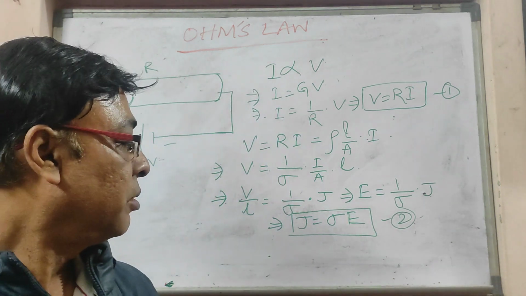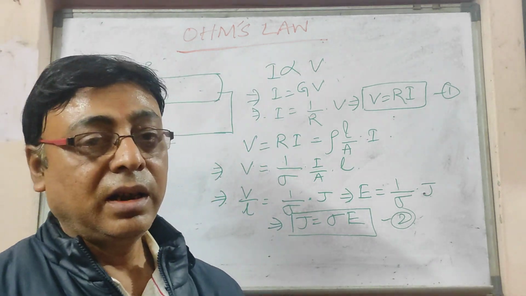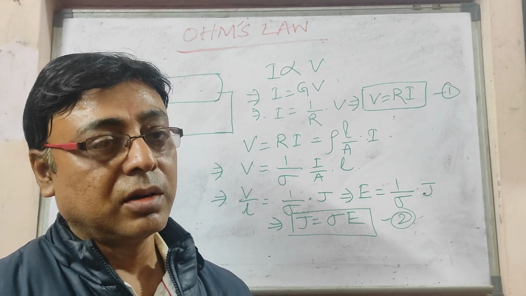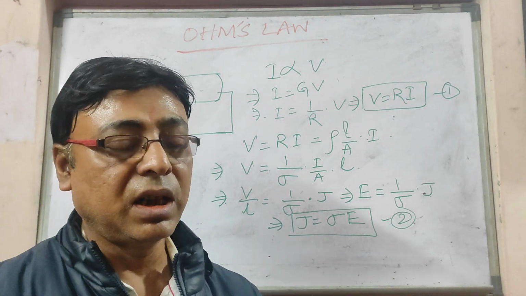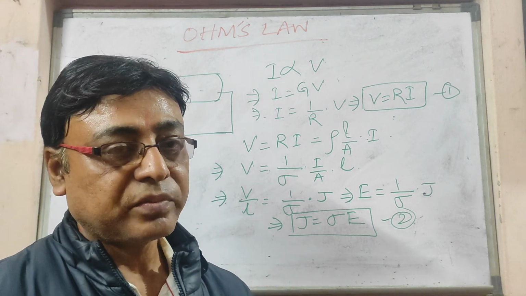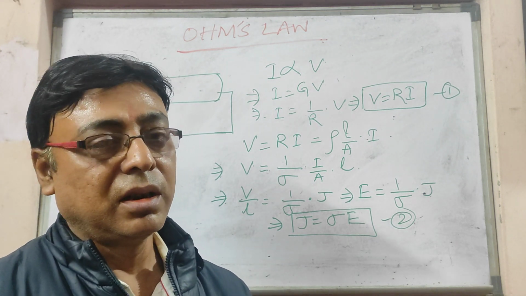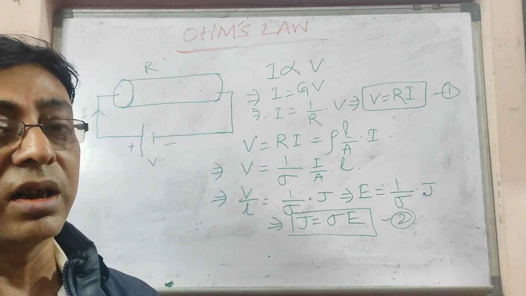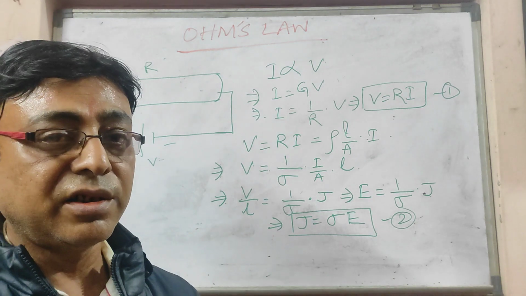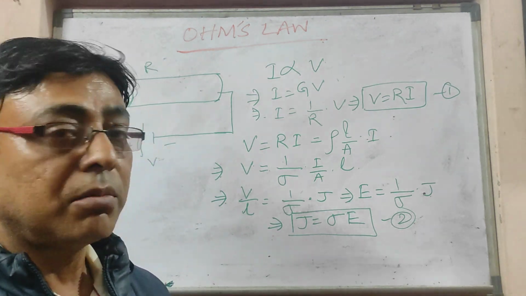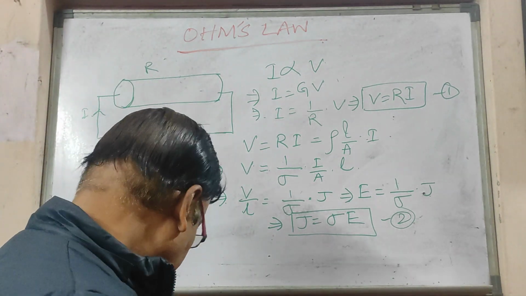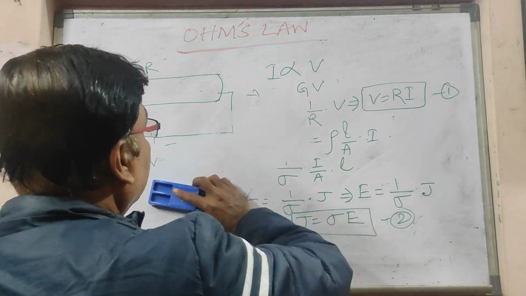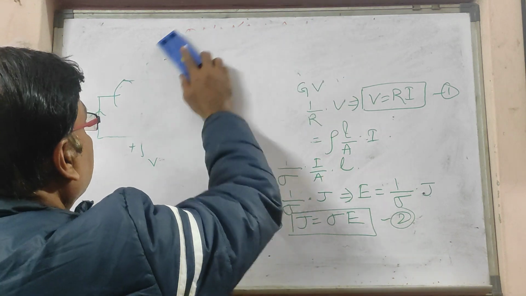Now what this equation represents is that the acceleration of the electrons is being controlled by the collisions. That's why the average velocity of the electrons remains constant, and that's why the magnitude of the current is constant. That is the gist of this. Now we come to the continuity equation after this. So let me wipe this out. After that we will discuss the continuity equation.